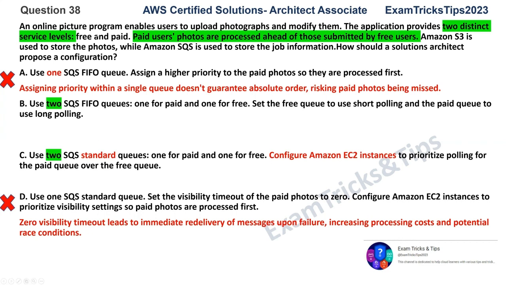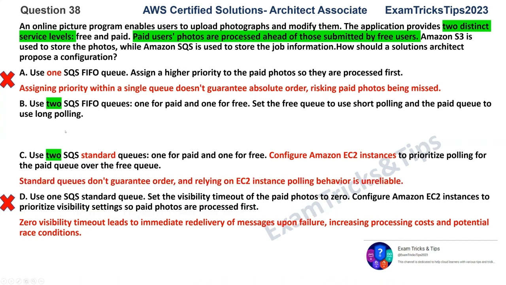Now that's why option C is wrong. And that leaves us with option B. Option B says, let's use two separate FIFO queues, one for paid, one for free. And this is the correct solution. Separate FIFO queues with optimized polling offer guaranteed order and service level differentiation for paid users while minimizing the cost